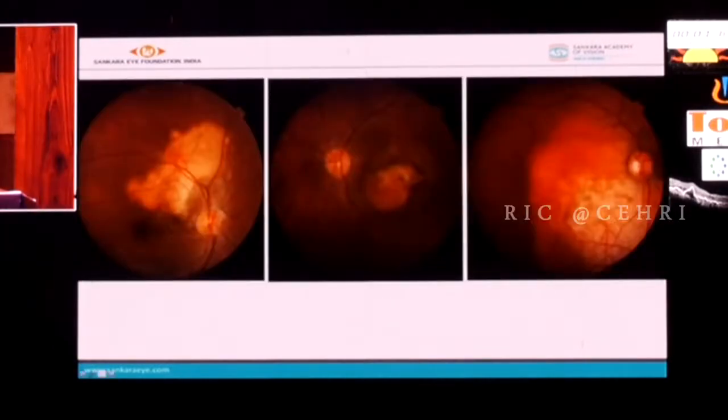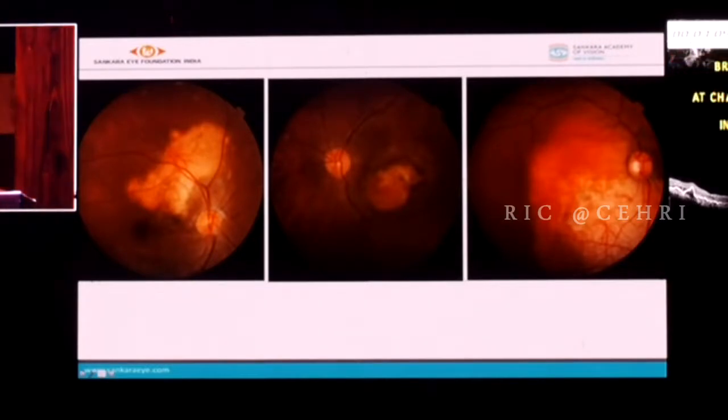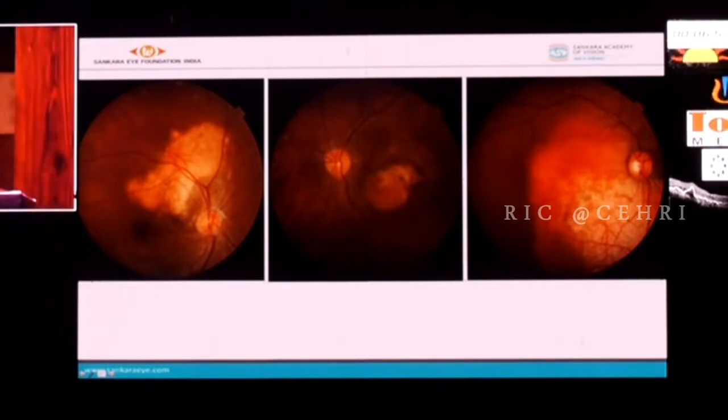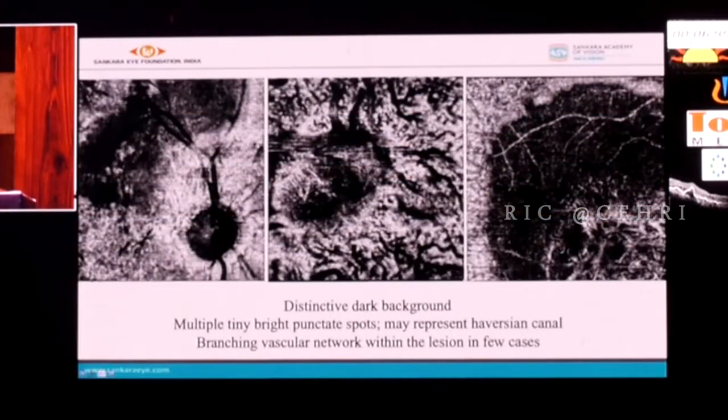These are 3 different patients with 3 different types of choroidal osteoma. Here what you see is a mature bone, more of a white lesion. Here we see an osteoma with the choroidal neovascular membrane. Here you see a combination of both. The orange lesion is the immature or the younger tumor, and this white is the older tumor with more calcium. So what do we see if we were to do an OCTA here?